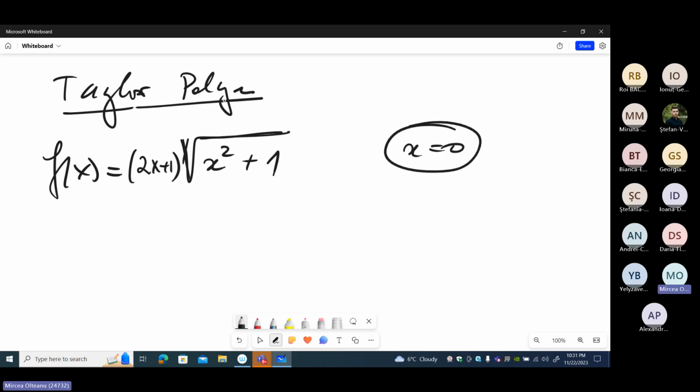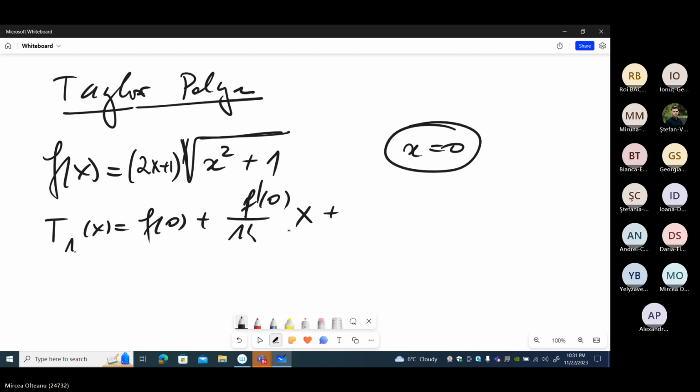So let's write the Taylor polynomials at x equals 0 for this function. Okay, so the Taylor polynomial of the first degree equals f of 0 plus 1 over 1 factorial f prime of 0 times x. This is T1, and T2 of x